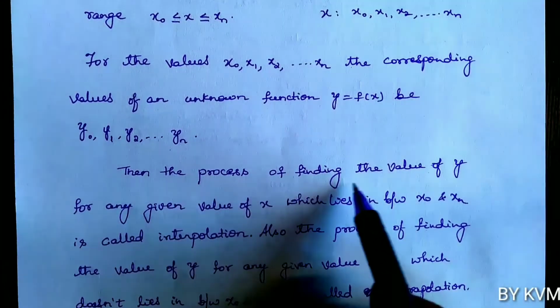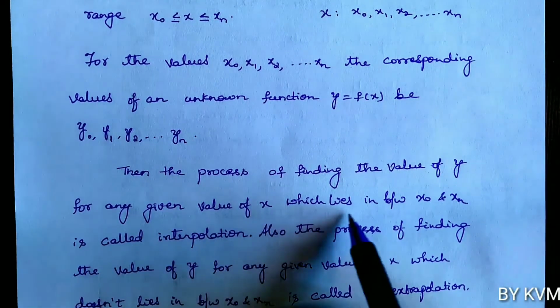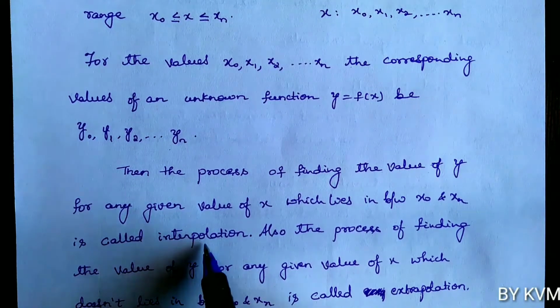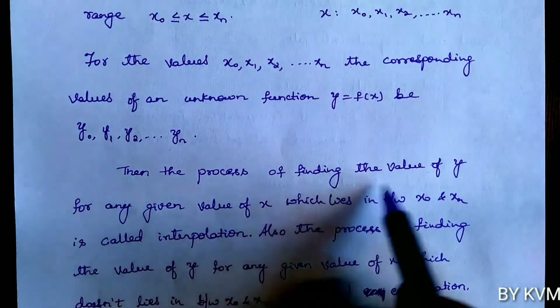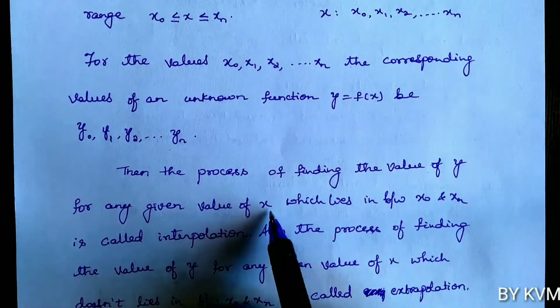Then the process of finding the value of y for any given value of x which lies in between x0 and xn is called interpolation. So interpolation means the process of finding the value of y for any given value of x, but x value should lie in